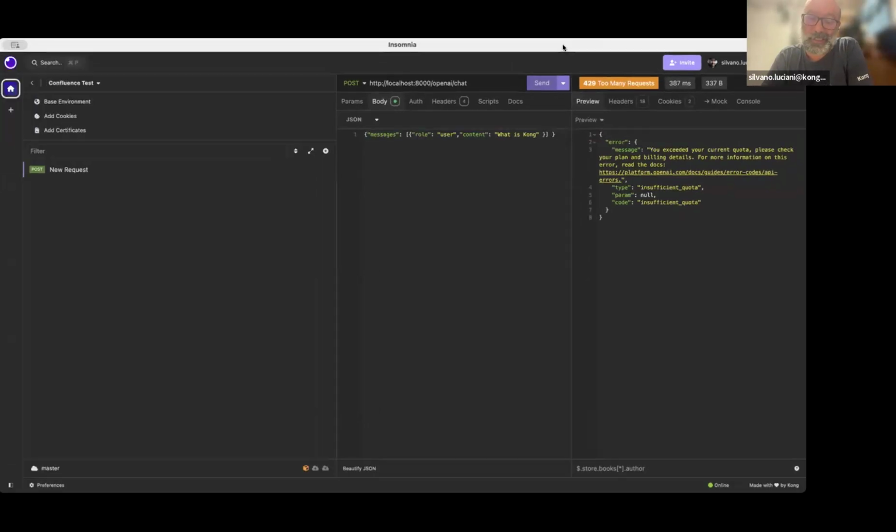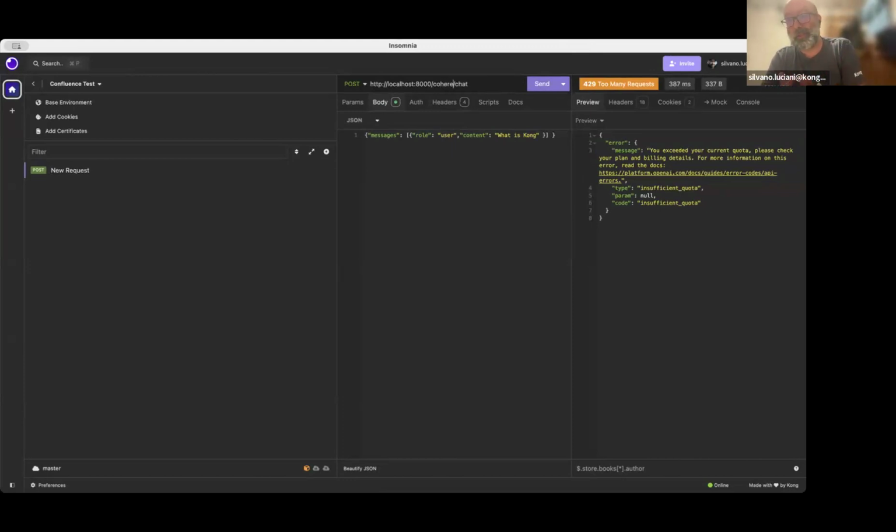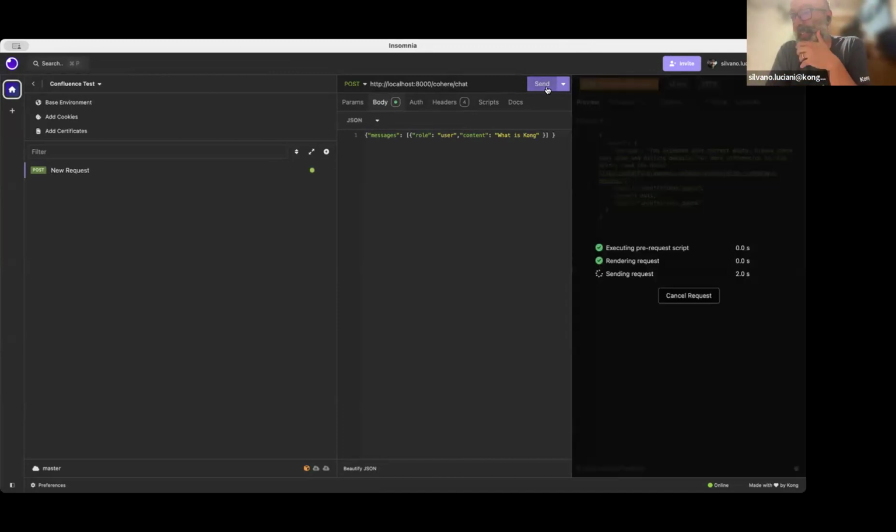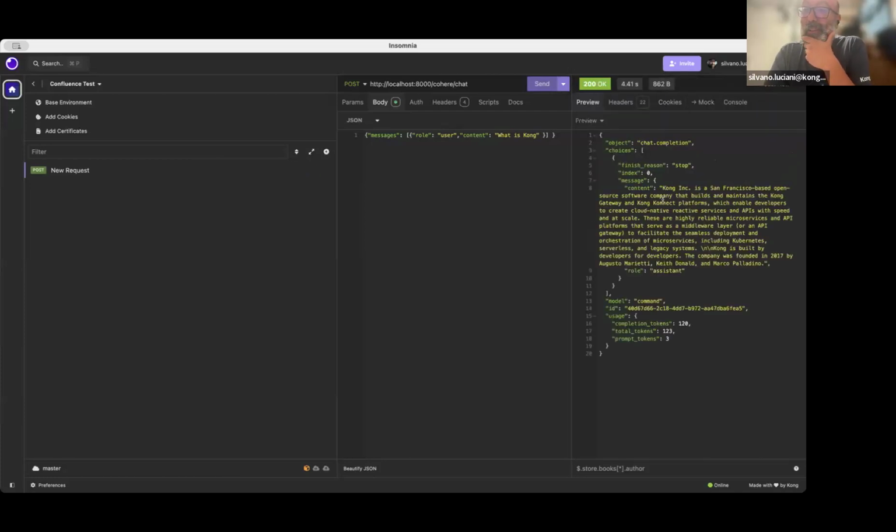And it's actually, long story short, I cannot add the payment method to OpenAI because I don't have a credit card at the moment, right? So what can I do? I'm lost. No, because I can just change the URL. This is a route that is configured in Kong, and I will show it to you in a second. And now just by doing this, I'm just gonna send this to Cohere, right? Another LLM provider. As we discussed earlier, it's gonna take some time, but now I have my response.